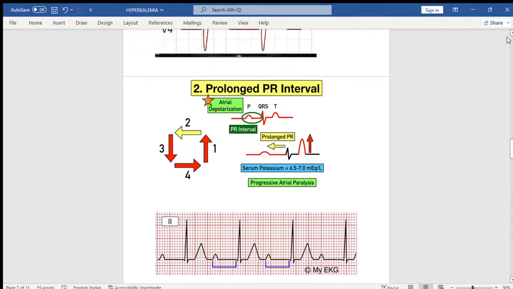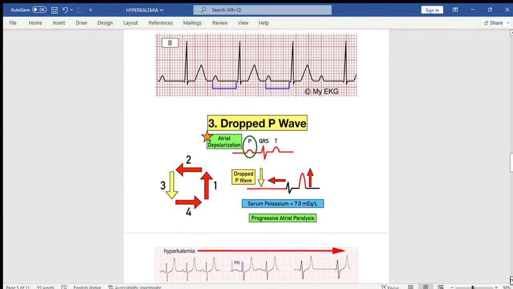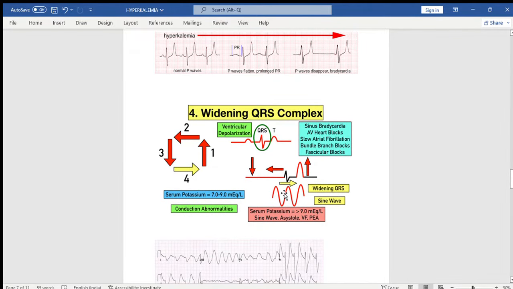So what happens in the delayed phase? After the prolonged phase, the third was the absent P wave, and the fourth one is a widening of the QRS complex. This is the QRS complex. This is widened out. Patients will show AV heart blocks, sinus bradycardia, bundle branch blocks, fascicular blocks, and in the